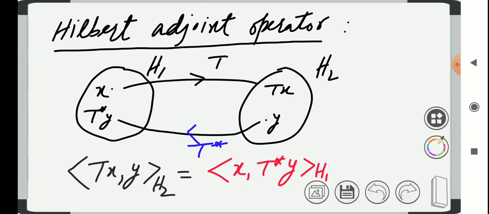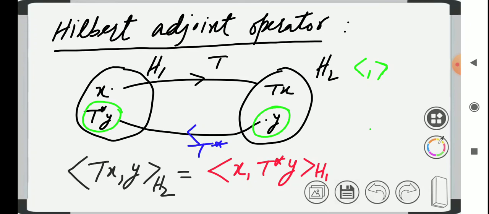We have a Hilbert space H1 with some inner product, and another Hilbert space H2 with some inner product, and we have a bounded linear operator T defined from H1 into H2. The corresponding adjoint operator T star is a mapping from H2 into H1, which takes a vector y and associates to it a vector T star y,